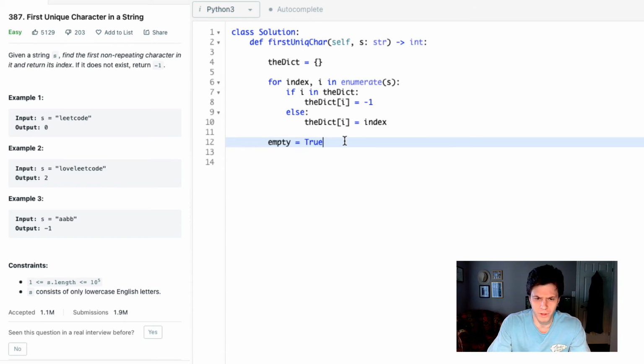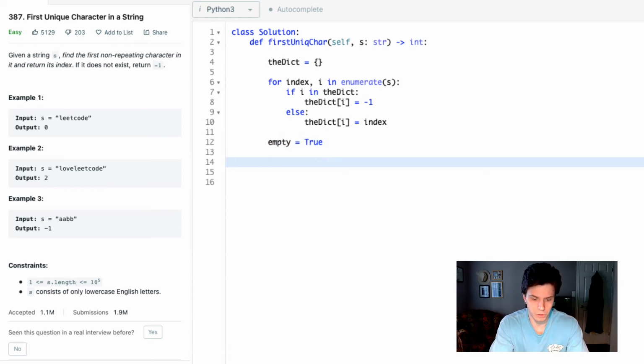You could use another word for that, doesn't matter. It's basically just going to be a Boolean flag. So we can set that equal to true, and we're also going to set a number called min index, and we're going to set that to